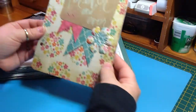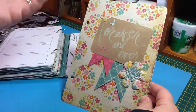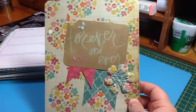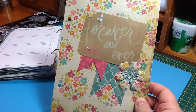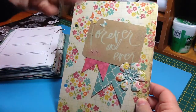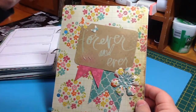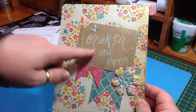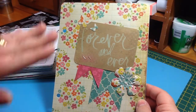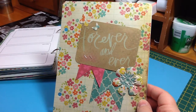This one I was also pretty happy with. I surprised myself several times on this because I was running out of ideas. So this one says forever and ever, and then I cut a couple banners, and this was just some scrap paper, so up here it probably has something cut out of it, or it could be the top of the pad, you know, with the extra little white strip up there. And I just put them underneath there, and I didn't even tape them. The banners were cut with the